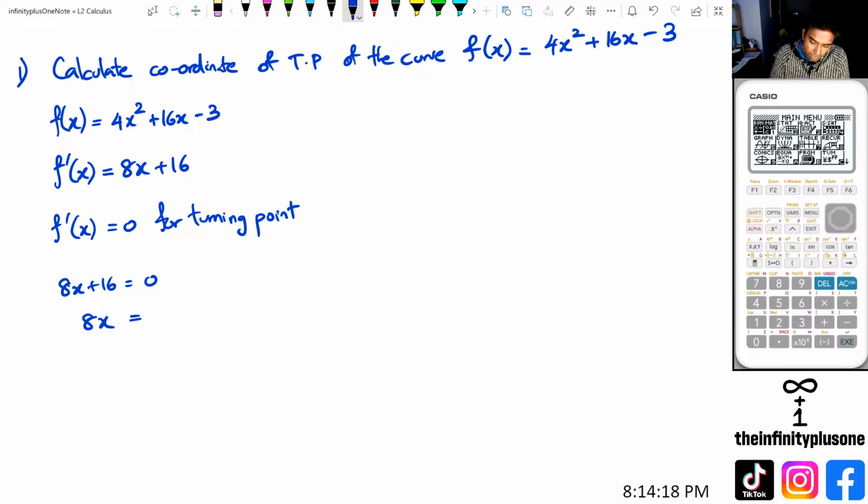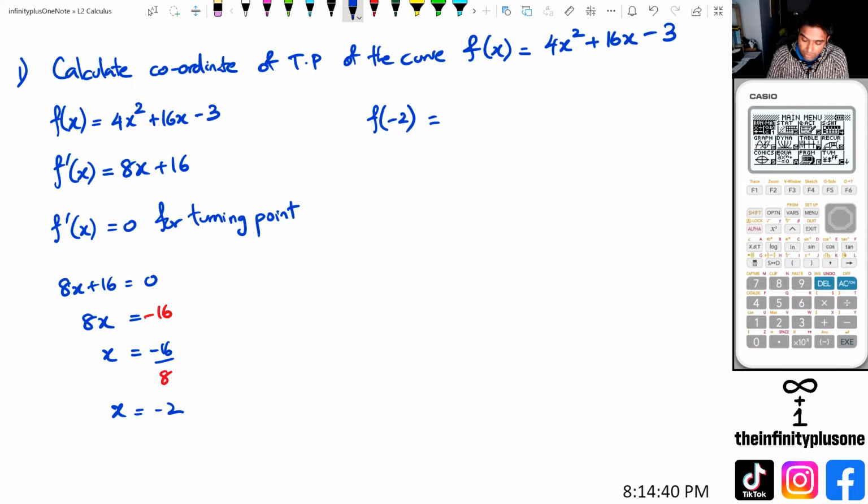So 8x is equal to minus 16, and then x is equal to minus 16 divided by 8, and we're going to get x is equal to minus 2. Now, we want the coordinate of the turning point. Because we want the coordinate of the turning point, we're going to have to go back and substitute it in